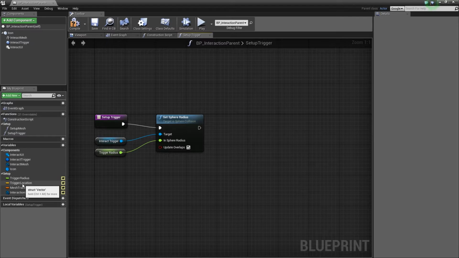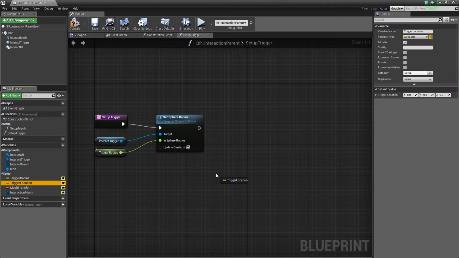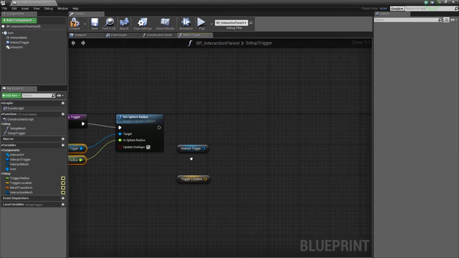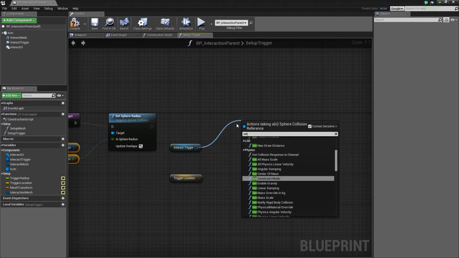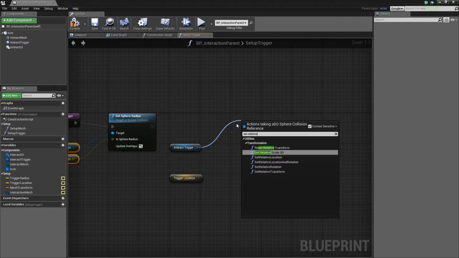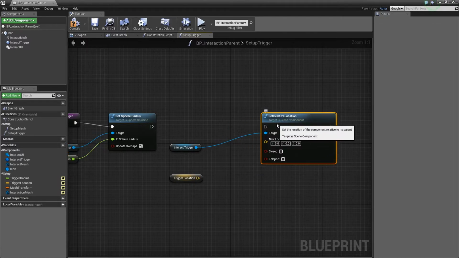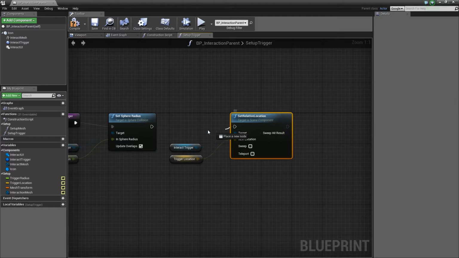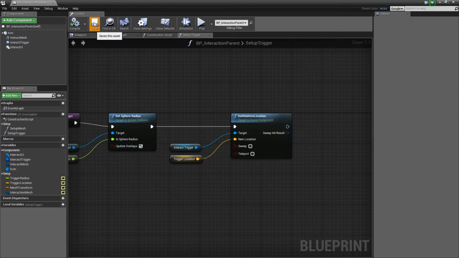We're going to do the same thing for trigger location. We can click and drag it out. Let's copy the interact trigger, and let's set relative location. And we can set it as right here. Plug it in, compile, save,